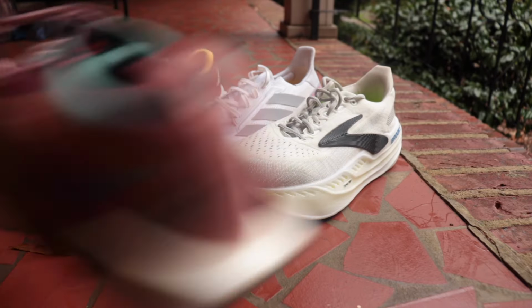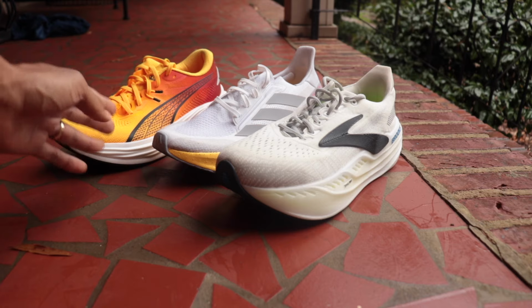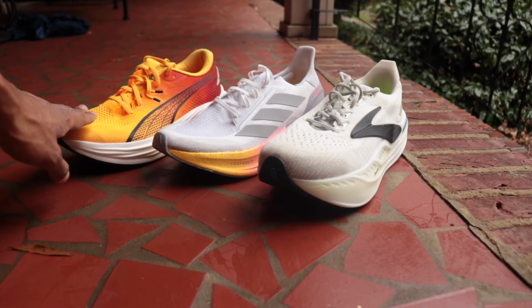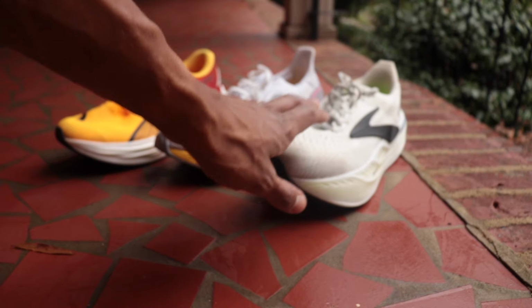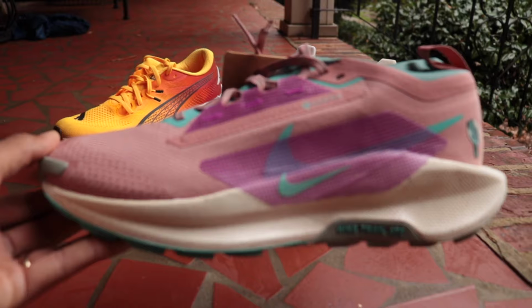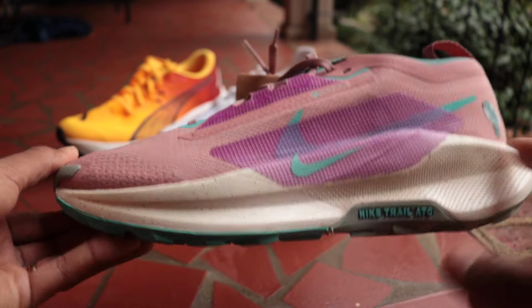So Nike has a lot to contend with here. This is more of a standard daily trainer versus some of these shoes. It would more compete with the Ultra Boost. Again, 10mm drop. The Puma Deviate Nitro 3. This has more exciting race foam with the carbon plate. And then the Brooks Glycerin Max. This is a super max stack shoe designed for the utmost in comfort. This is a hybrid road trail shoe, daily trainer, designed to do everything, designed to be that workhorse, 10 millimeter